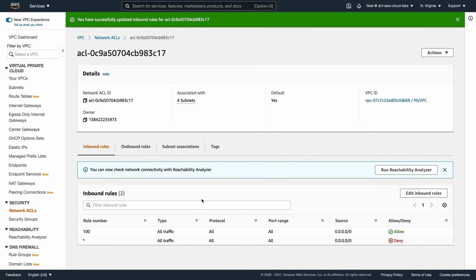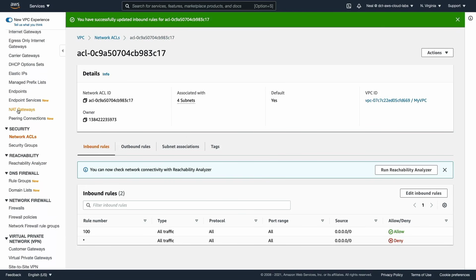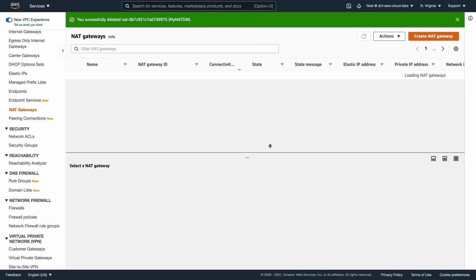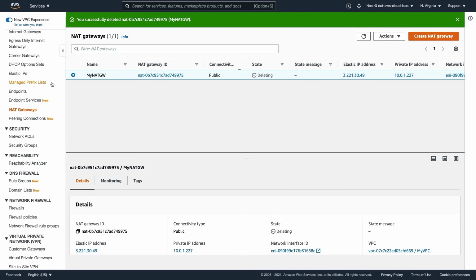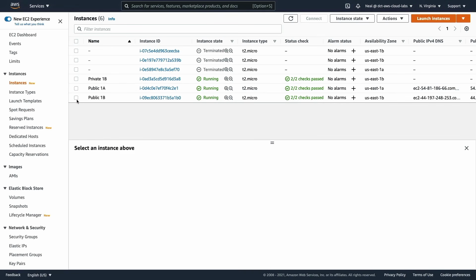Now there are a couple of things we can clean up now to make sure that we don't get any bills. Firstly, let's go to our NAT gateway. These can cost money, so let's just delete this NAT gateway and that's gone. And don't forget, you will also need to make sure that the Elastic IP has also been removed from your account. Back in EC2, now I do want to keep one public and one private instance, but I can terminate